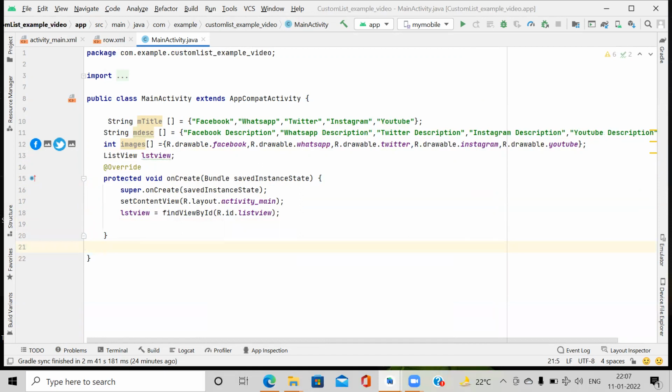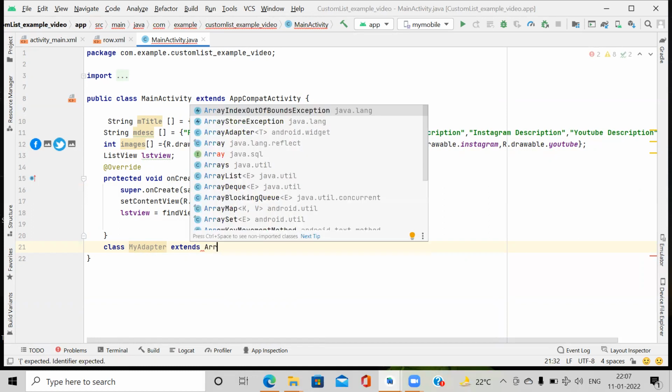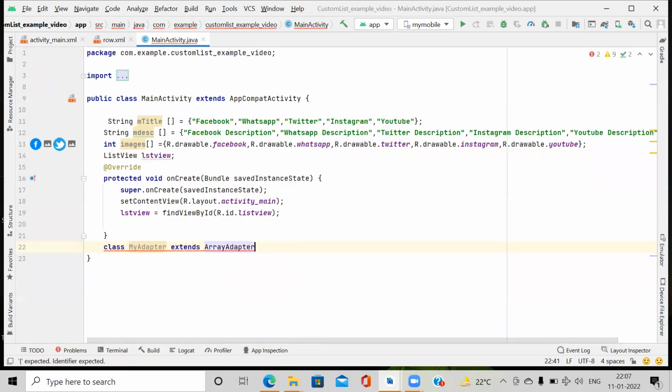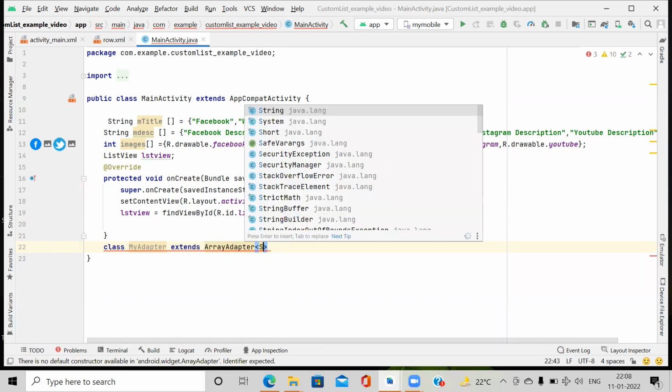Then here we create one class, MyAdapter, because we need an adapter to fetch the data from the array, and here we use different arrays. So MyAdapter extends ArrayAdapter. Its data type is String.